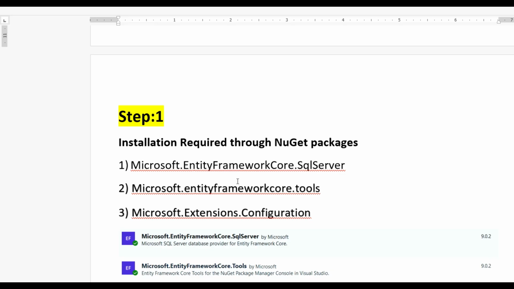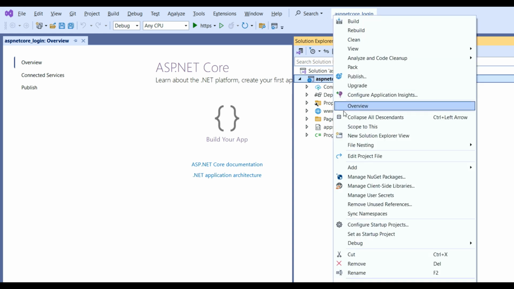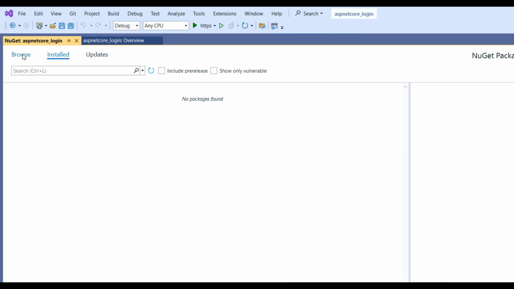installing the NuGet packages. Installation is required through NuGet Package Manager. What we need are Microsoft.EntityFrameworkCore.SqlServer, Microsoft.EntityFrameworkCore.Tools, and Microsoft.Extensions.Configuration. These three packages need to be installed, so copy this one, go to the project and right click, go to Manage NuGet Packages, and after that you go to Browse